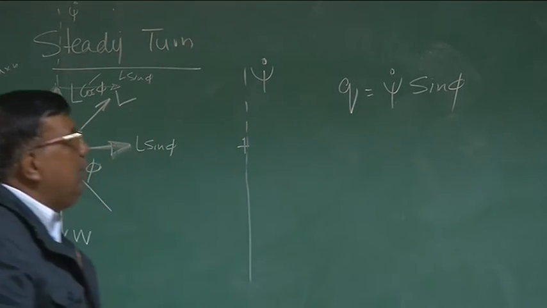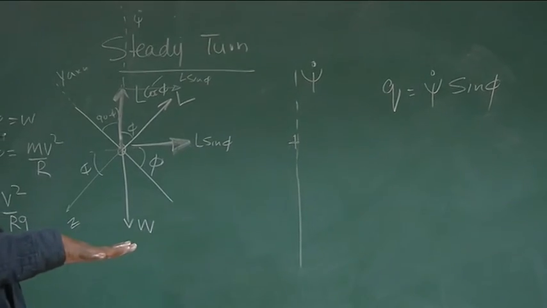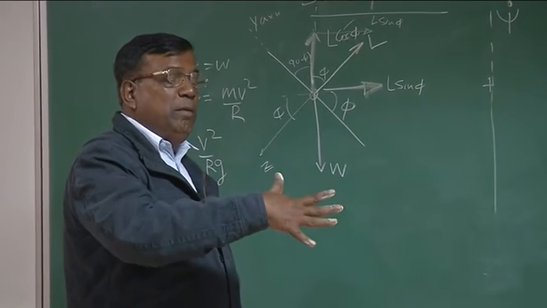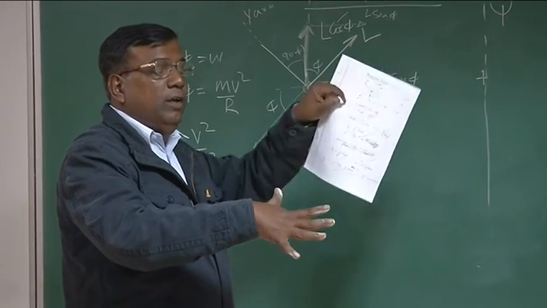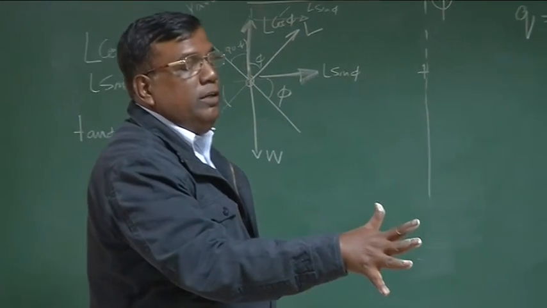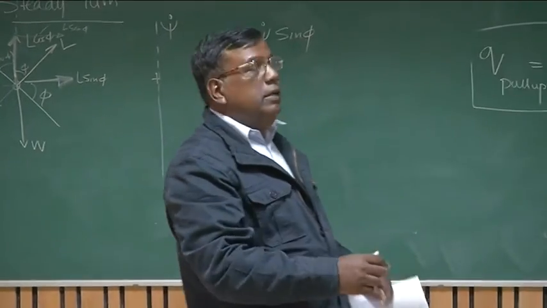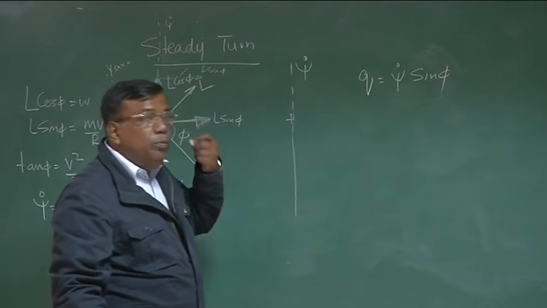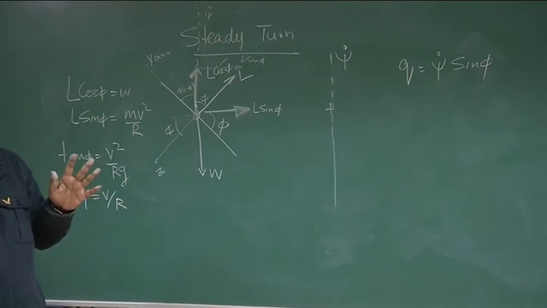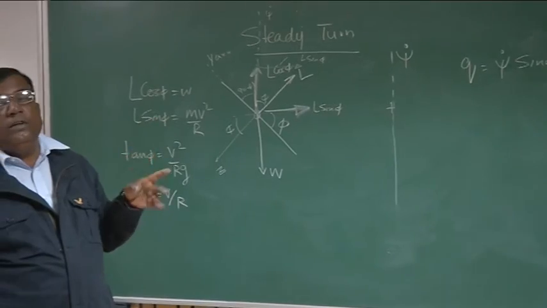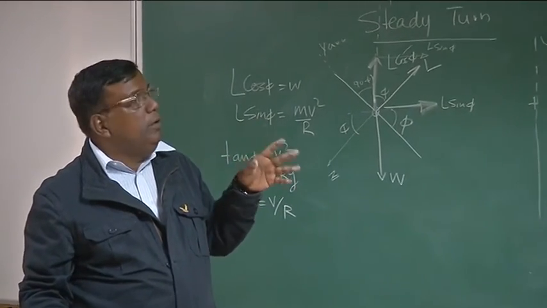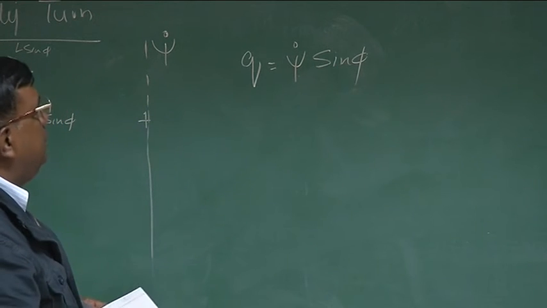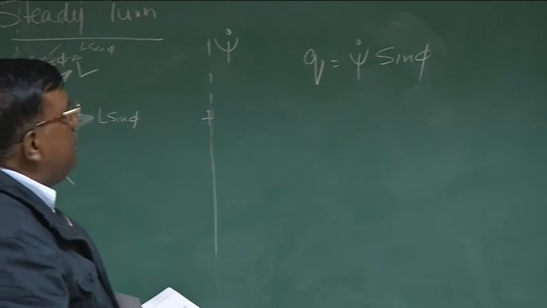So q equal to psi dot sine phi. Physically, you can also see that if I'm turning like this, there is no motion like this. But if I'm banked like this, and my y-axis is this one, now if I turn, I'm actually turning about the y-axis also. If phi is 0, then there won't be any pitch rate because of psi dot. But if there is a phi, there will be q because of psi dot.